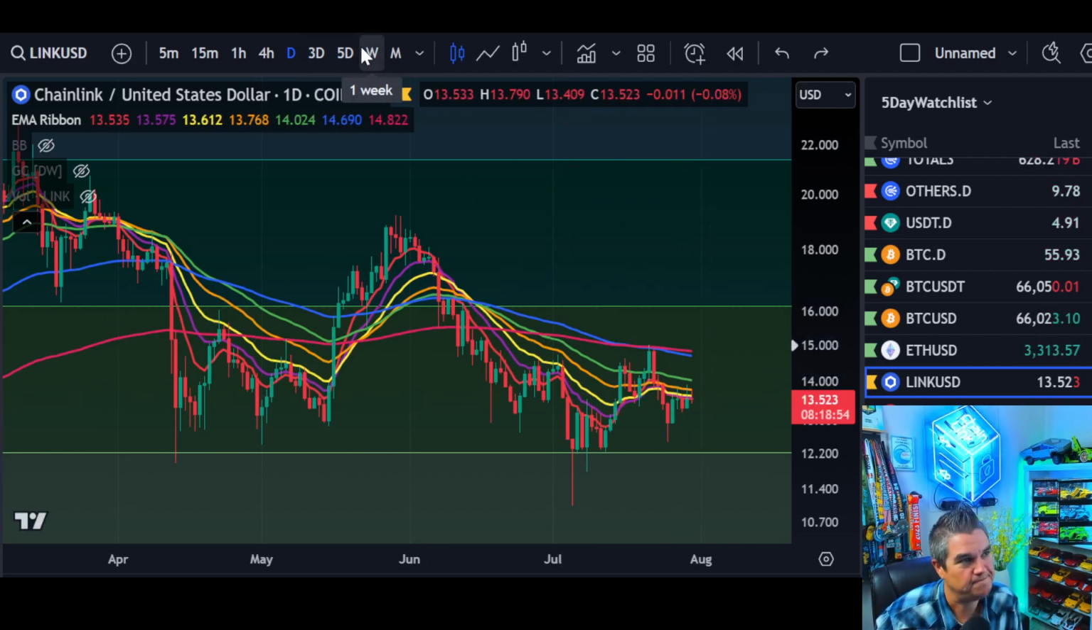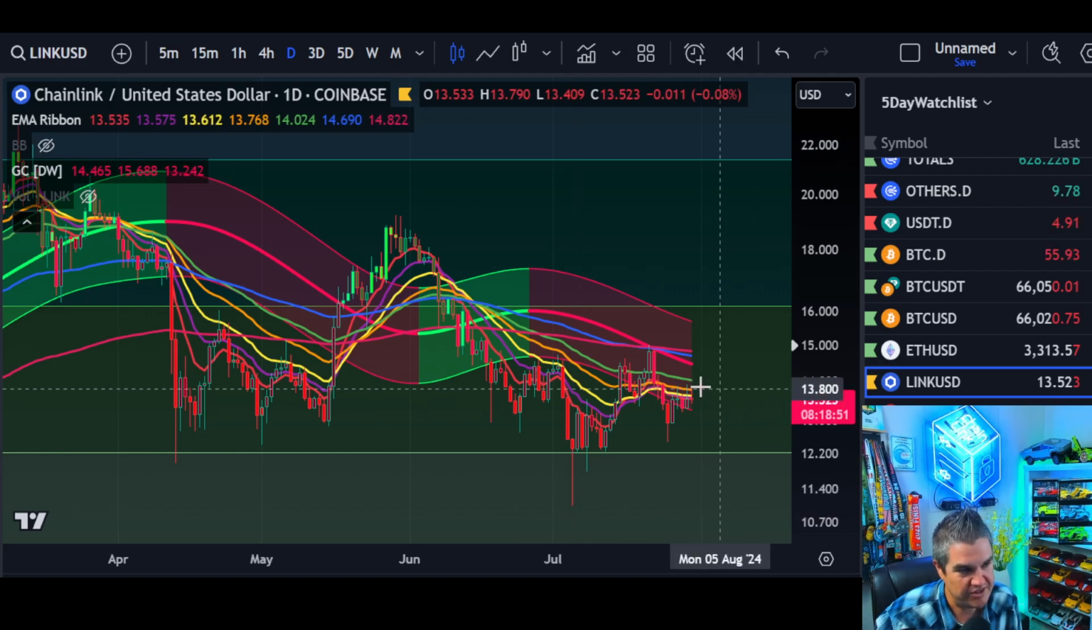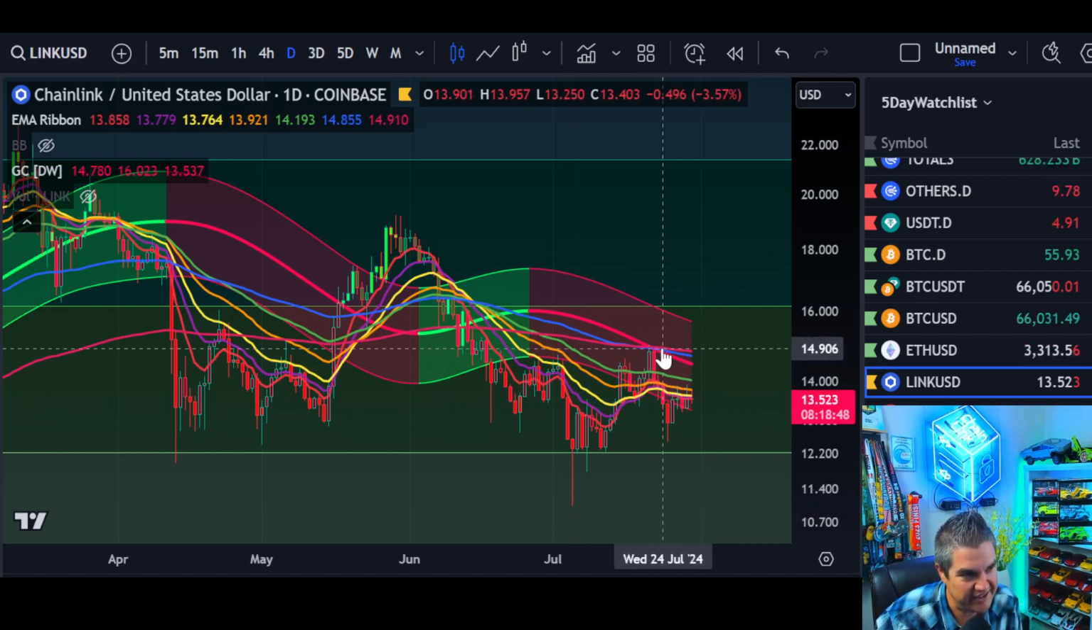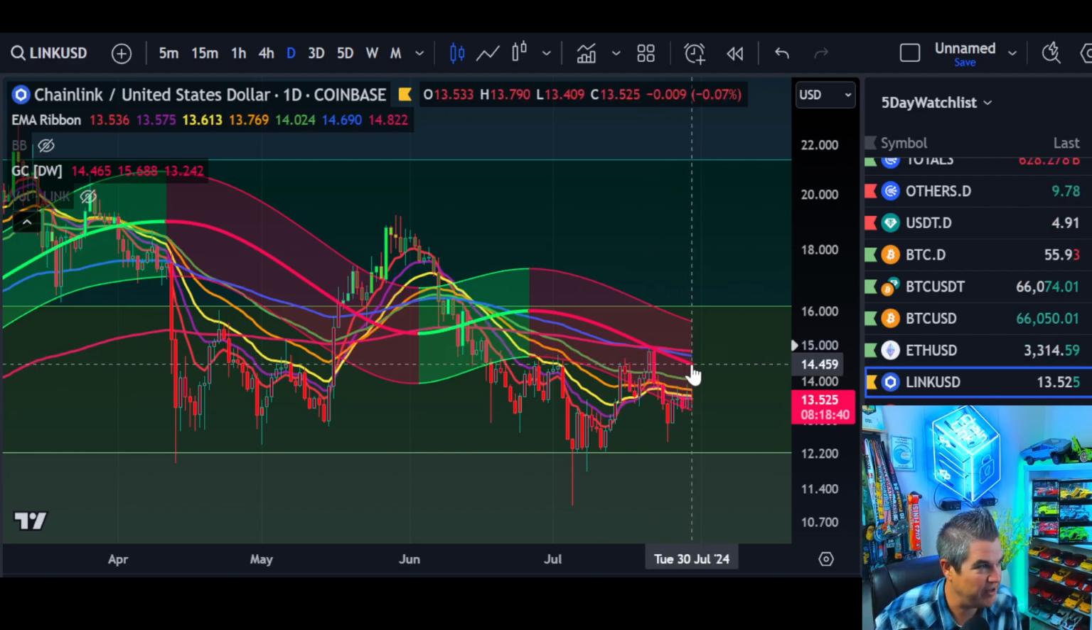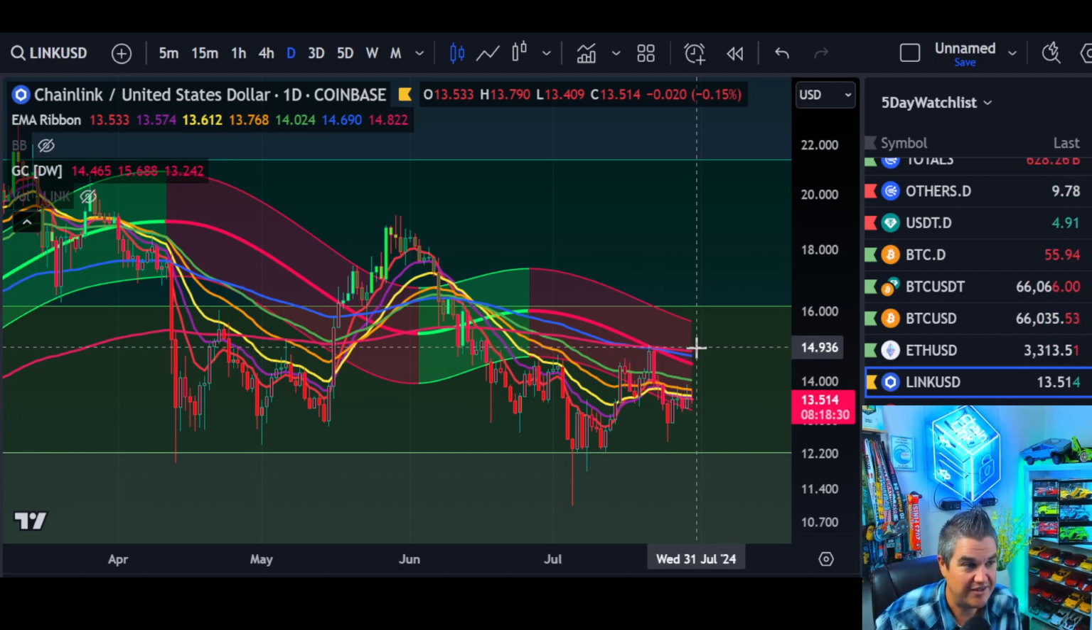We're in Chainlink. How about the Gaussian channel? Does that look any different? Let's put that on. Still red on the daily. Look at where we rejected from. The 100, the 200 EMA, and the median Gaussian channel. Currently, median Gaussian is at 14.46. You have two big moving averages right above it. So again, $15 comes, and I think we start to see much better price action for Chainlink, which is what